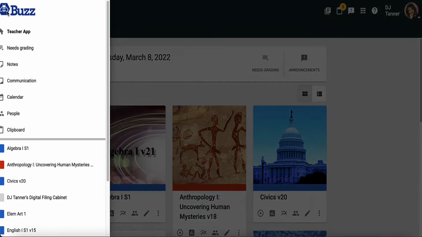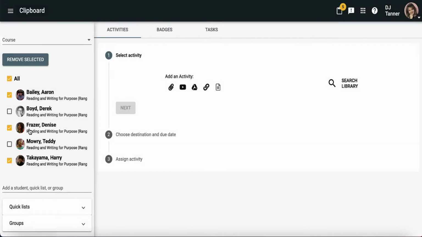The Clipboard tool itself walks you through the process of assigning supplemental activities to individuals or groups. Within the tool, you can add an activity in one of the following ways. So if I have selected activities from this tab, if I go to number 1 underneath Add an Activity, I